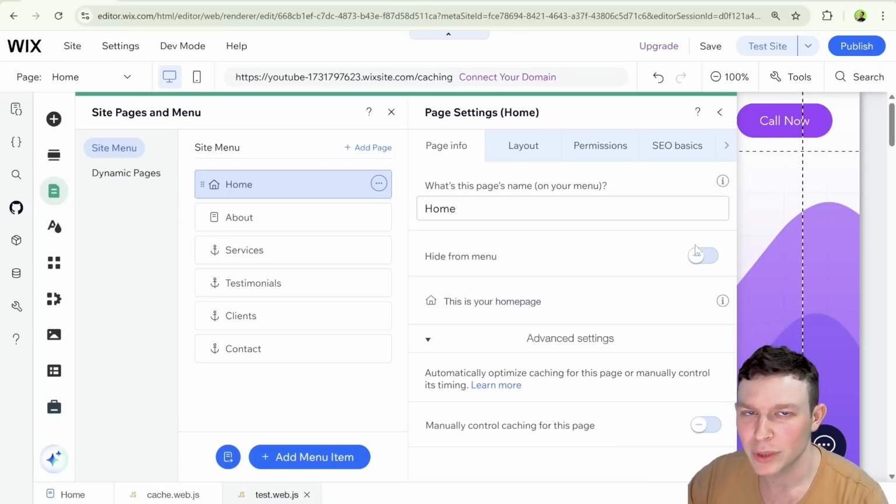Have you ever loaded your Wix website and wondered why it was a little faster the second time than the first time? Welcome back to the Wix Wiz. I'm Aton, and today we're going to be talking all about caching,